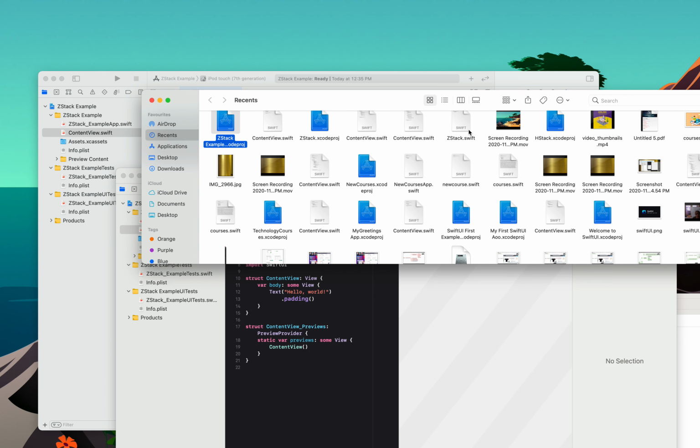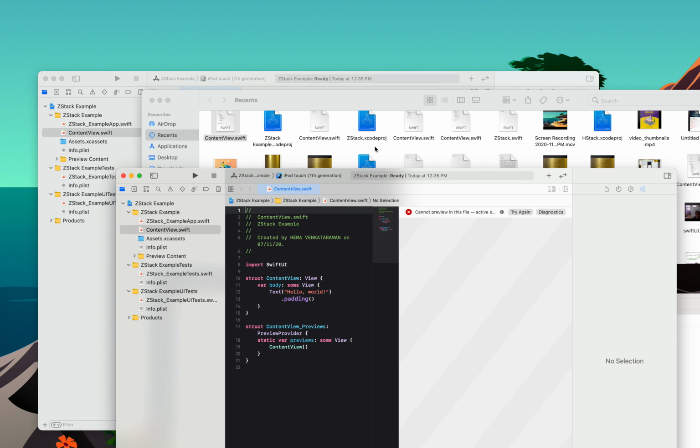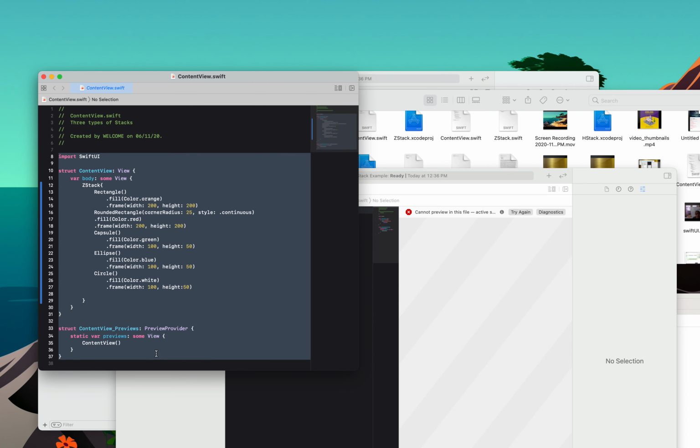It's tag dot swift. Content view dot swift. You just open and see. Let's see this one. No, this is the one. Yeah, this one. Okay, fine. Control C.